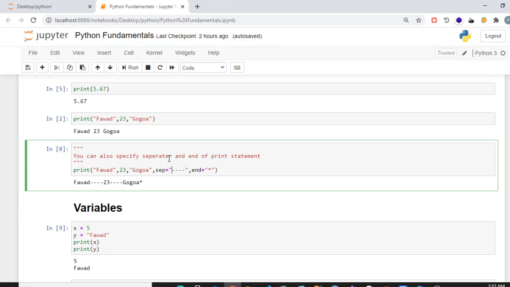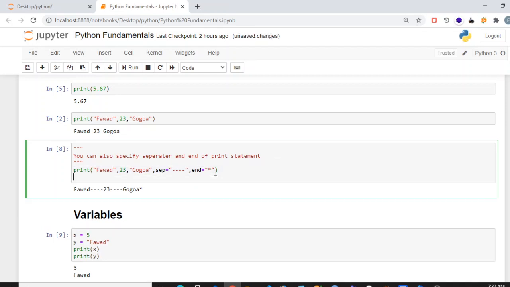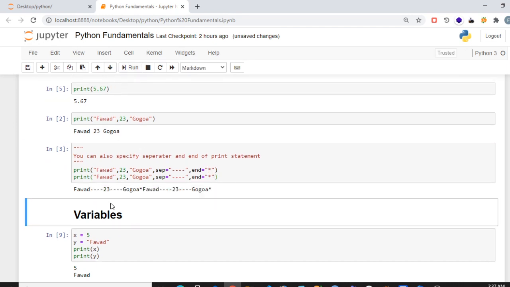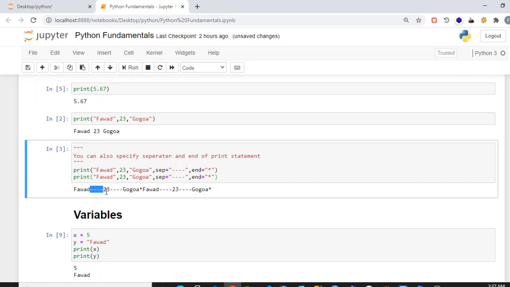Space is the default separator, and the end should be an asterisk instead of a new line. Let me type it 2 times and let's see how it displays. You can see the separator is replaced by these 4 dashes, and the end of the print statement is replaced by this asterisk. So that's how you can override the print statement.